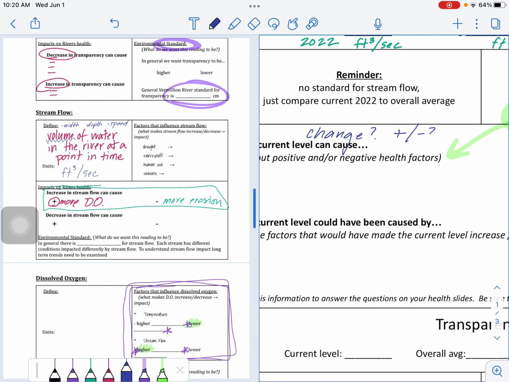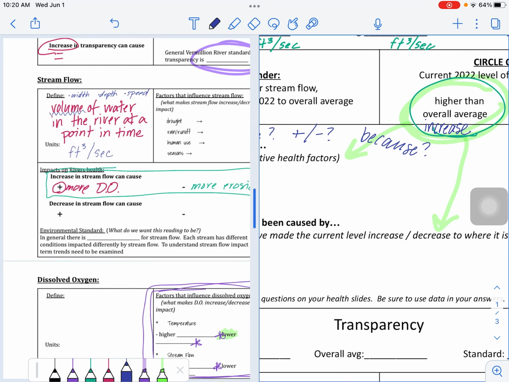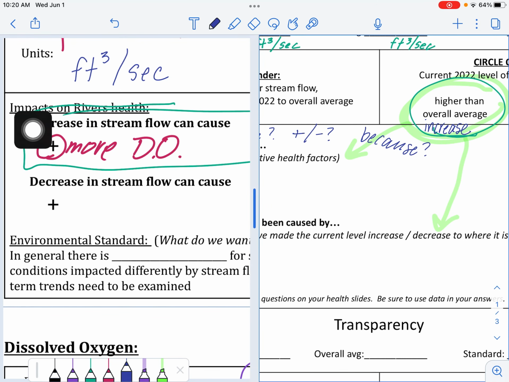Is that good or bad? And then because, how do we know? So looking at our notes over here, we're focused on stream flow being higher than average. So that means stream flow is increasing this year. So looking at my notes, the impact on river's health because of an increase in stream flow can cause, we've got